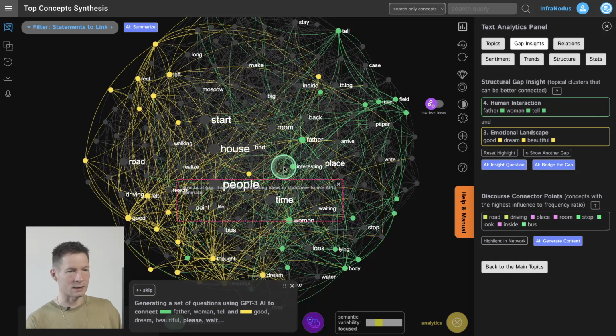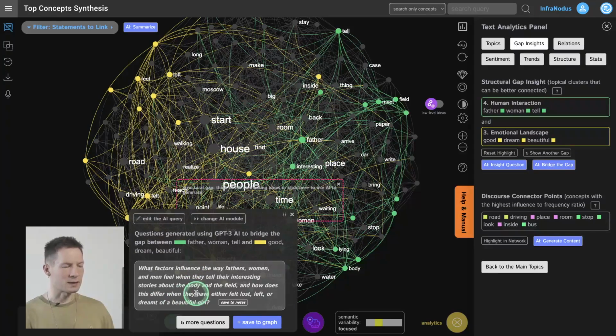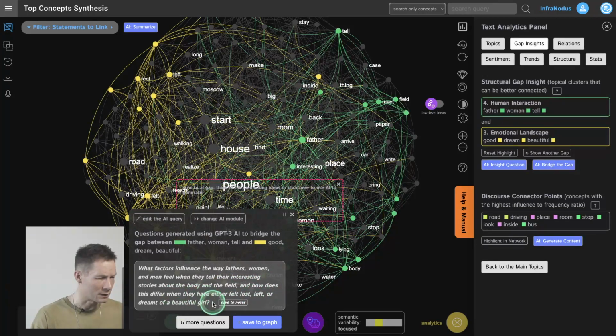So here it's going to propose a bridge between those two clusters without sending your dreams to GPT-3 AI. It's just sending these clusters. So it's not really based on what you wrote, it's more like the topics or the images that you've seen. And here it says what factors influence the way fathers, women, and men feel when they will tell their interesting stories about the body and the field, and how does this differ from when they either left lost, or dreamt of a beautiful girl. Okay, this sounds like a kind of nonsense, but also a very interesting dream-like nonsense,